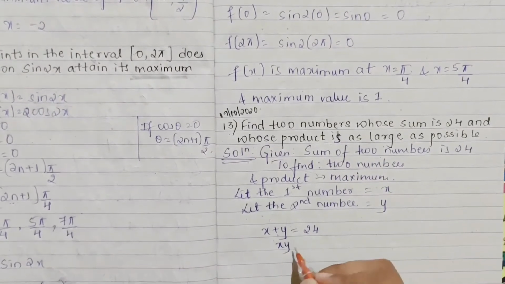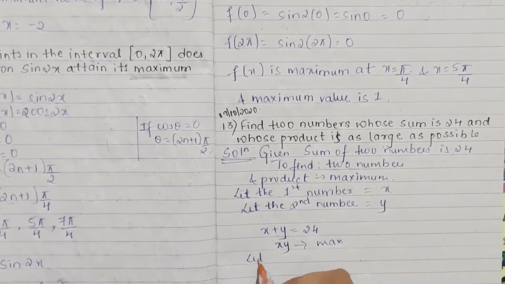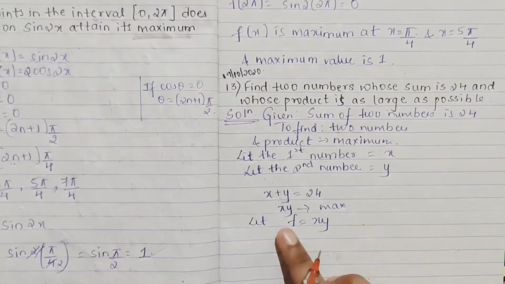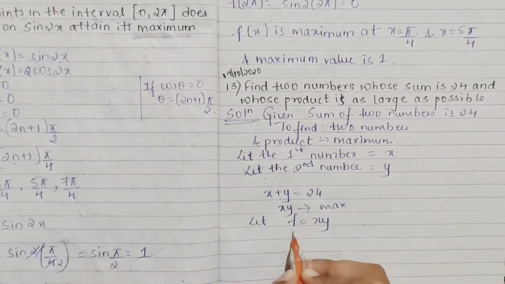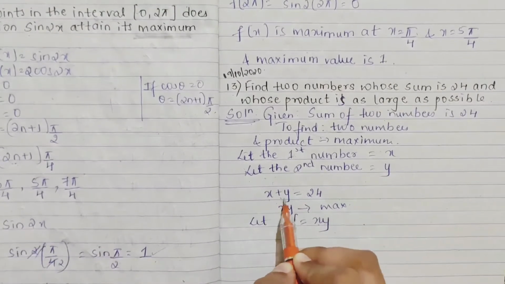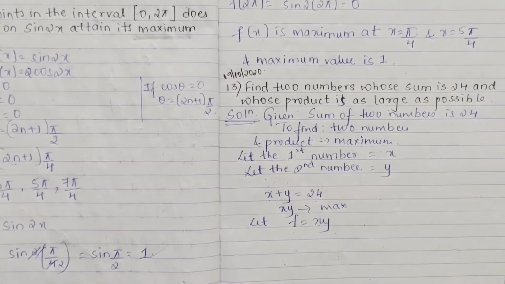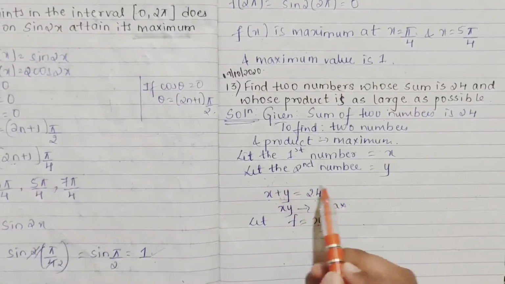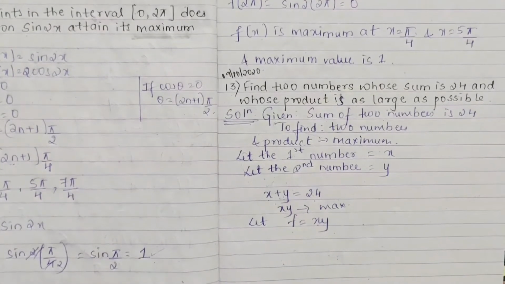So this product they are telling is maximum. I can take f is equal to xy. You can take anything, I'm taking f because we have done functions taking f. So from here, if I got xy, you have a relation x plus y is equal to 24. From here either you can find your x value or y value. If you keep x, you'll get 24 minus y as your x value. If you want to find the y value, it will be 24 minus x, right?